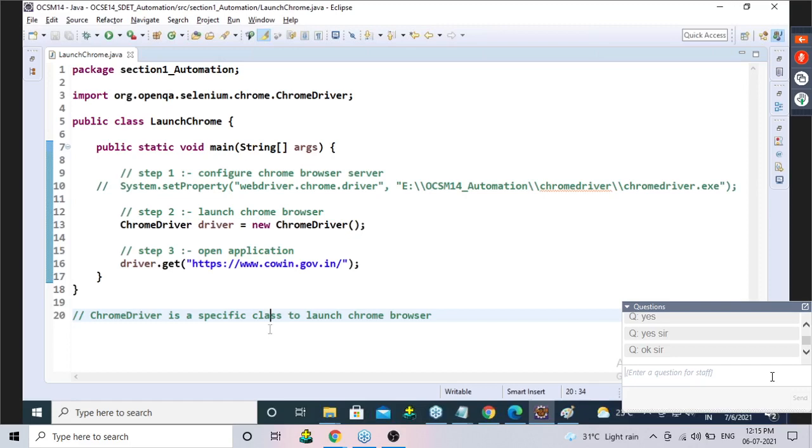If you have 90% accuracy in observation, you will understand 90%. If you have 50% accuracy, you understand 50%. If you have 100%, you will get 100%. Is it clear? Observe neatly what I am doing.